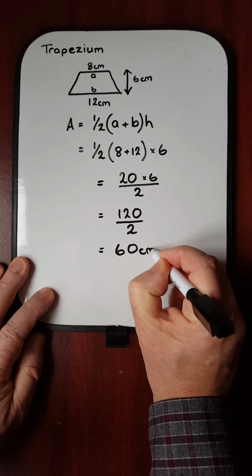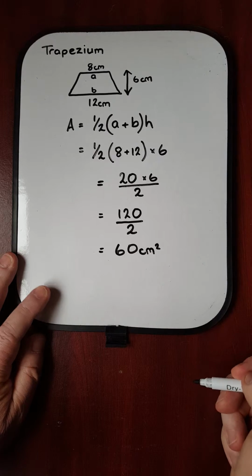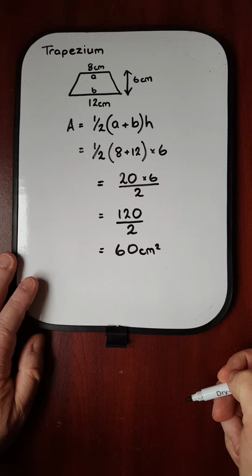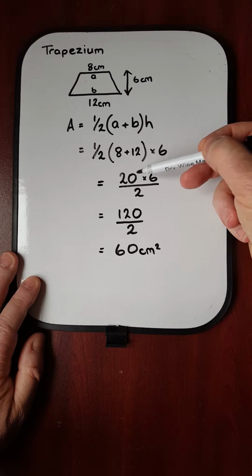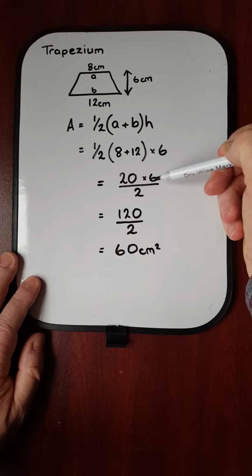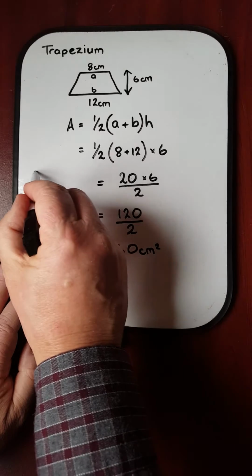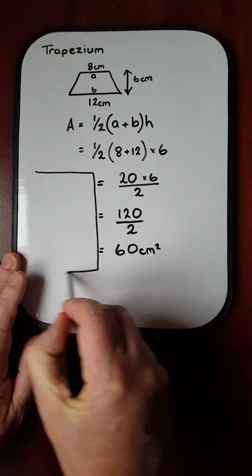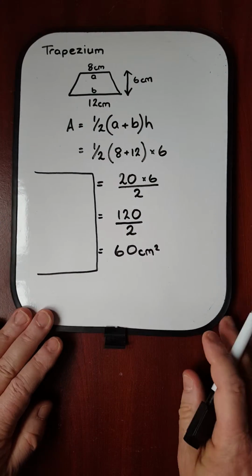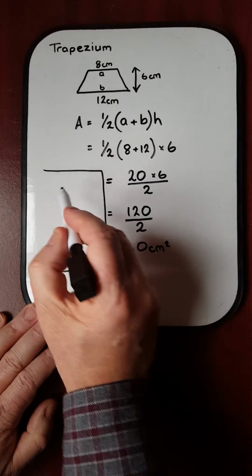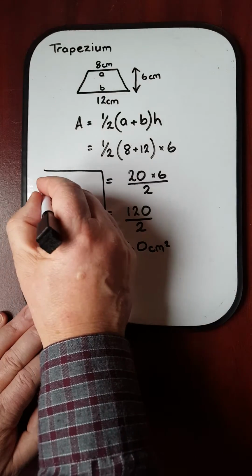Okay, so 8 plus 12 makes the 20, times 6, and then half it all. Now you could do it a different way round. Let me just put a little bit in this corner here, just in case you're wondering, is there a specific way to do it? You could have done 8 plus 12 makes 20,